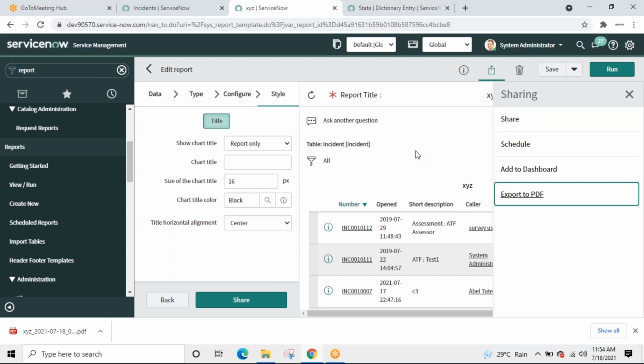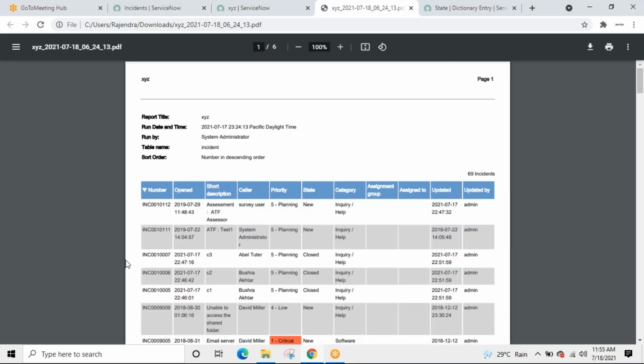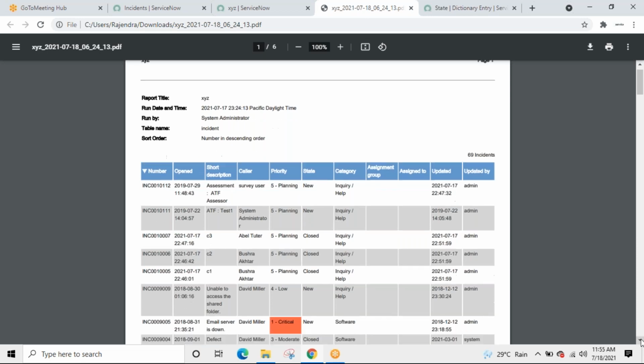It will take some time to open. And wow, we have downloaded a report.